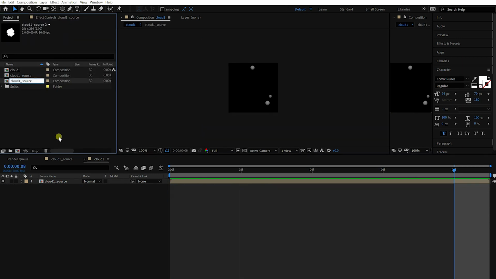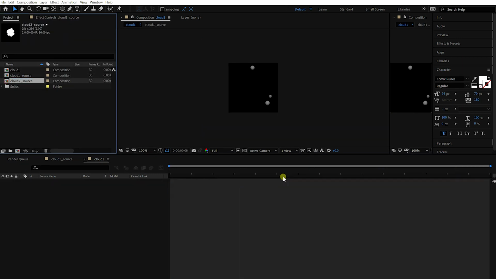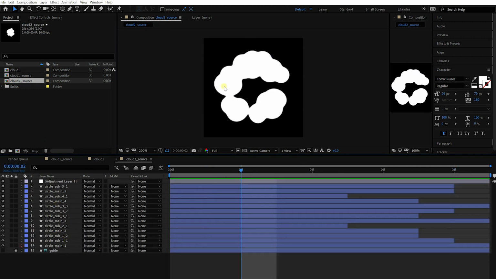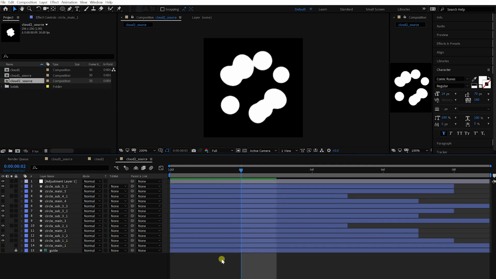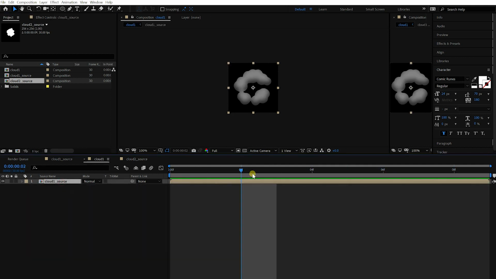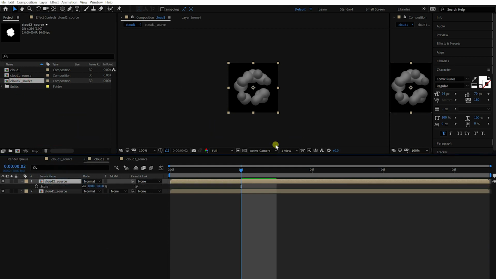Duplicate the cloud comp. Open it. I'm gonna put this one on top of the first cloud comp, so reduce the number of cloud particles. Move back to the main comp and duplicate the first cloud. Press and hold Alt key and drag the second cloud to the duplicated comp to replace it, and reduce its